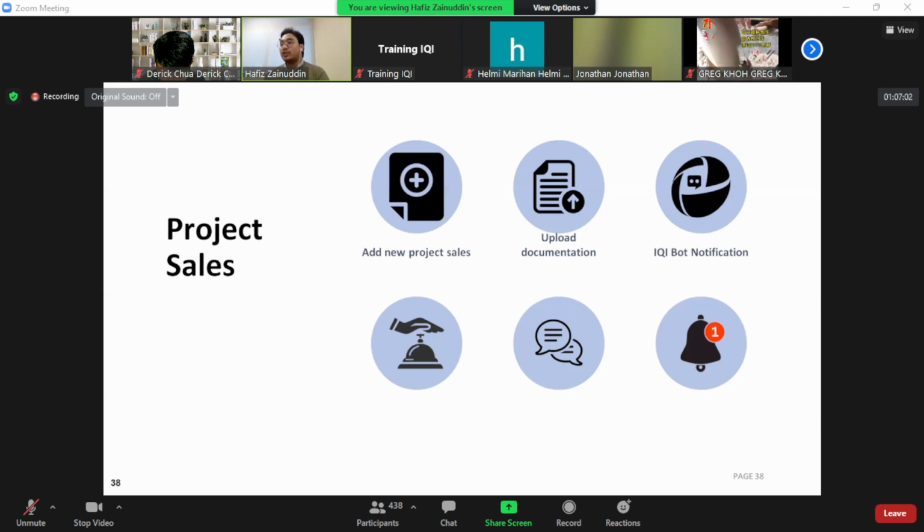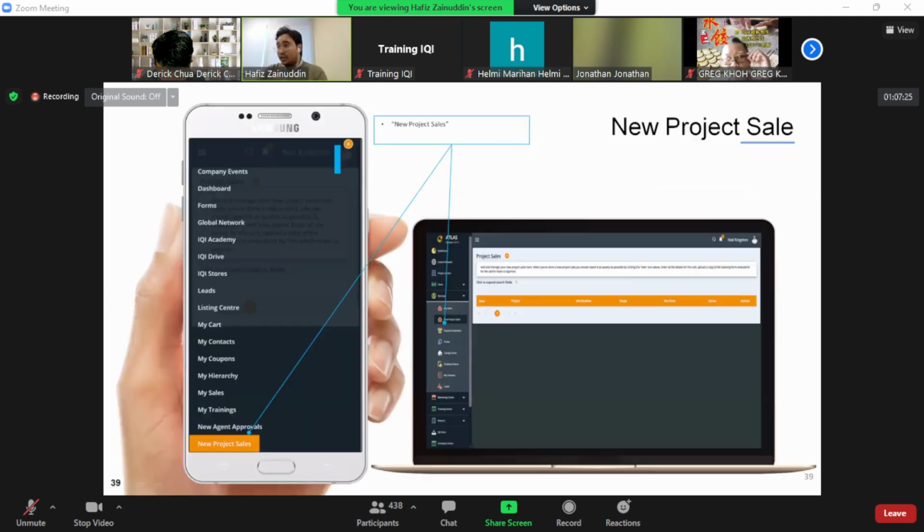You don't have to upload the documents here and there through email or messages, but you keep all the conversation in one place, which is Atlas. Another great thing about this is that you will get the notification in your IQI bot, not only to you, but also to your co-broke team or your team leader. And fourthly, for example, when your buyer has a request and wants to change the new unit, you can update the inquiry to your buyer